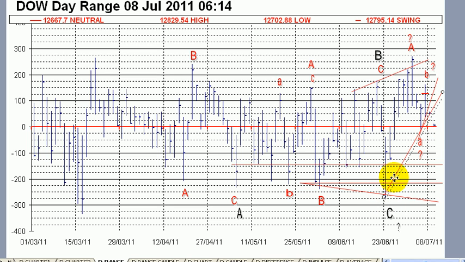It's longer term. Well, it's not actually. There you go. Let's put this in properly. This longer term line comes in